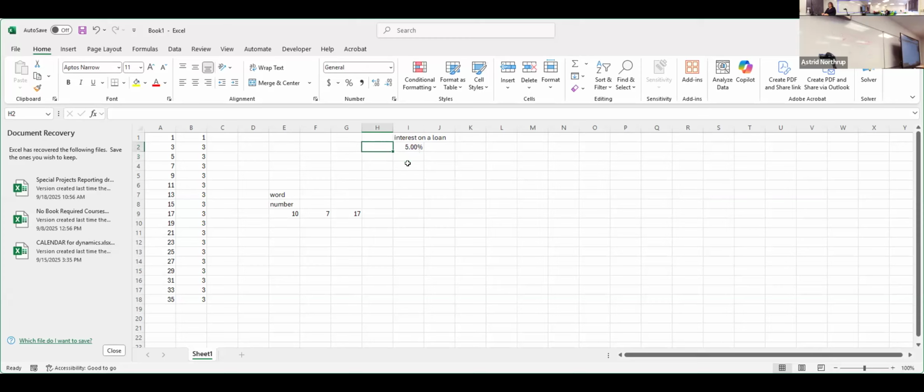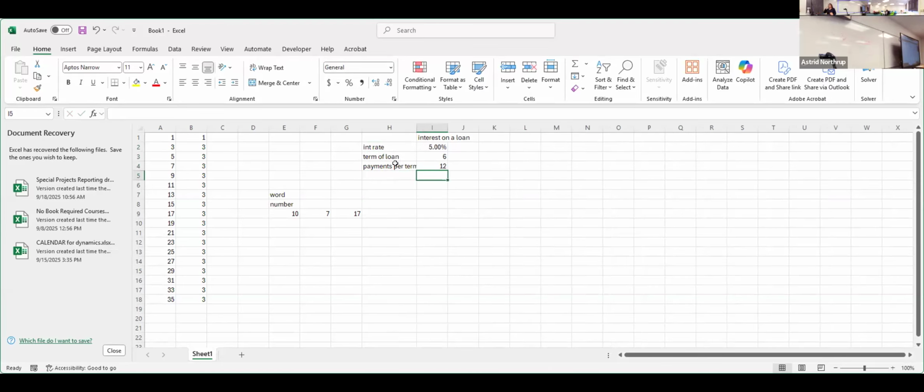Let's say this, interest rate. Term of loan. And let's just say 6 years and then, payments per term. If you want to have a year, that'd be 12. Oh, and then you can stretch this out too, very easily. Okay, so if you want to make this bigger so you can read everything,